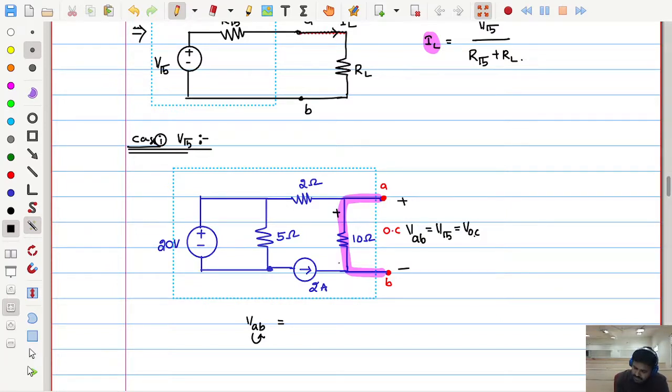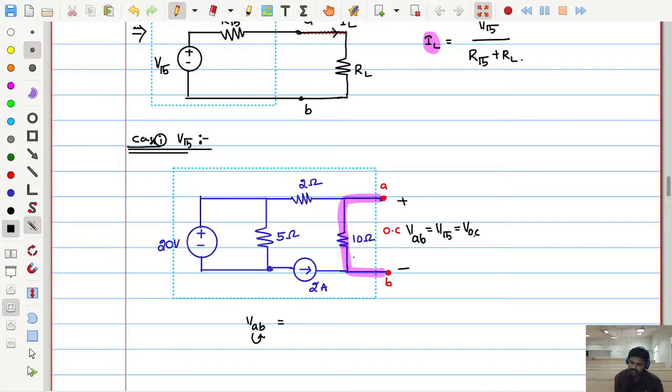So A side positive, B side negative, in this way I need the voltage. Let me call that voltage some V1, or let me think of how can I get this 10 ohms voltage. How can I get the 10 ohms voltage? The 10 ohms voltage itself is Thevenin's voltage. For that, as I know the resistance, if I get the current, can I get the voltage?